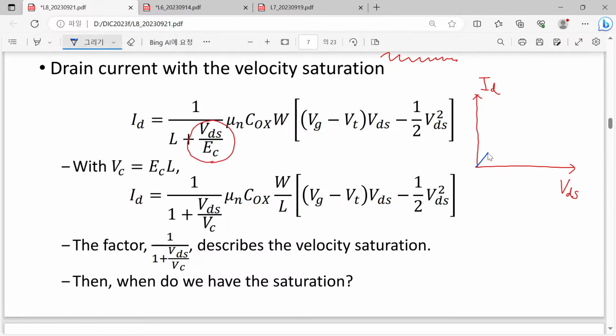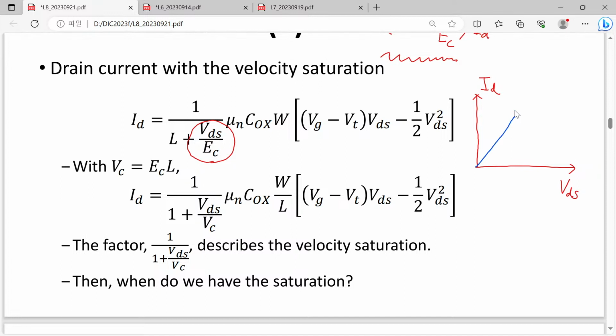Compared with the long channel one, our short channel MOSFET will not show any degradation, because in this case, in low electric field, the drain voltage is quite small, then the division factor is still close to 1 over L. However, now we will have a certain knee point transition between